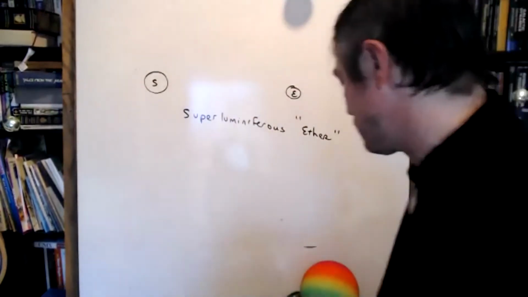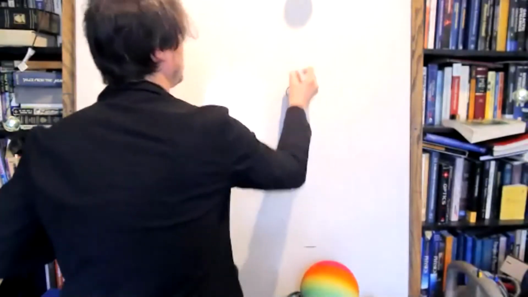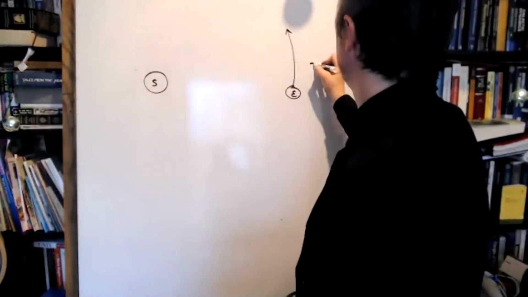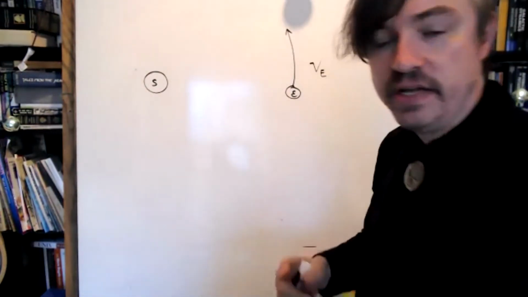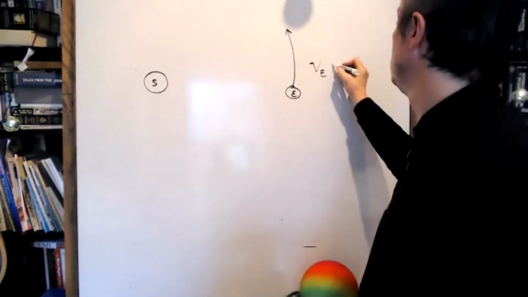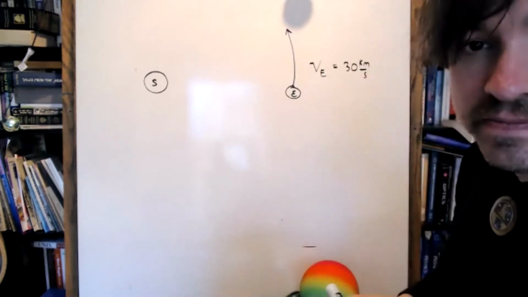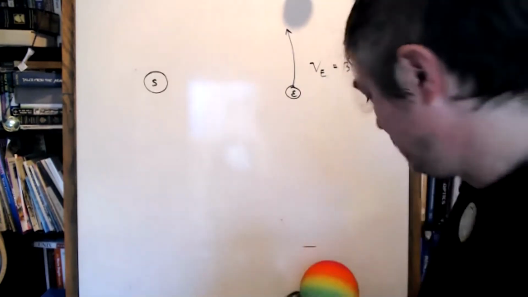They attempted to do one experiment which they believed would conclusively prove that the ether existed. And I want you to think about how clever this is. What they did is they first got a pretty good idea of Earth's velocity. Earth travels on almost a perfect circle around the sun. So let's say that Earth has a pretty constant velocity around the sun. And weirdly, the velocity of Earth around the sun, if you put it in kilometers per second, turns out to be 30 kilometers per second.